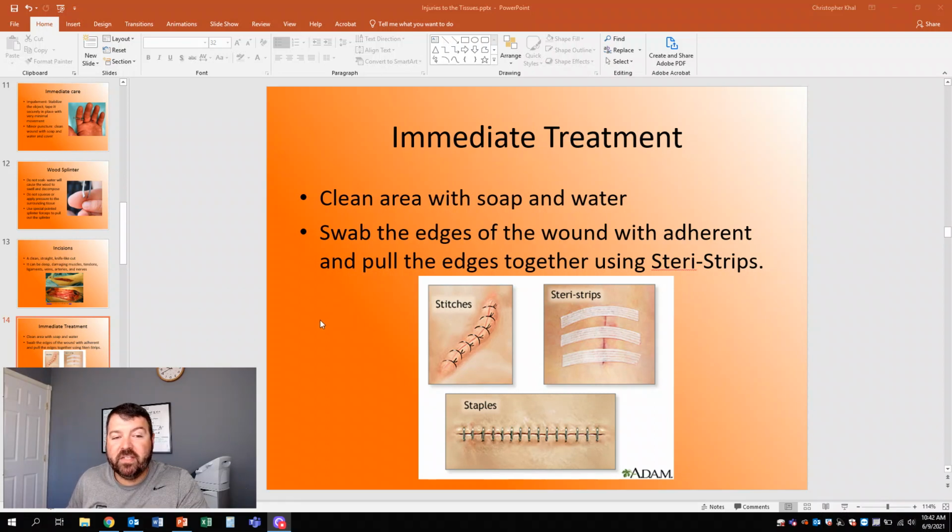Treatment. Okay, incision. I'm just going to irrigate with water. I put soap on here, but really water is a really important thing. Once the physician or whoever takes care of it determines that there are no underlying structures that are damaged, they use some kind of stitches or staples. Okay, whichever one they decide.